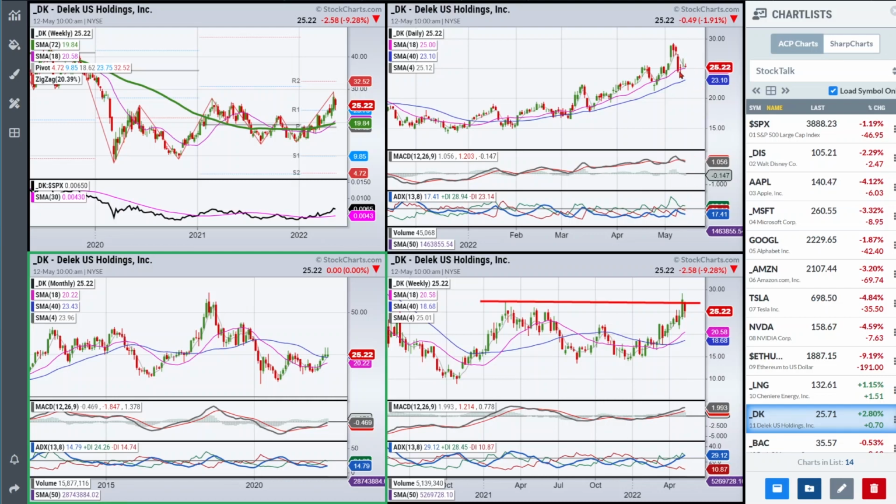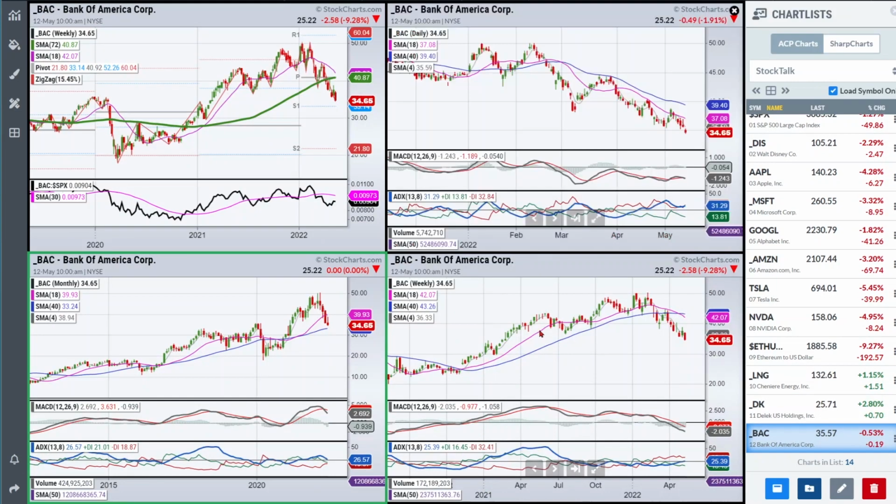this is something that could be considered. But I wouldn't buy this little pullback because we went up and gave it back in a kind of a harsh way. I just don't think this is something I want to focus in on until we get a little bit more consolidation, a little bit closer to the 18-week, and then maybe the next time around through this line, through this resistance could be pretty interesting. And then let's look at Bank of America.